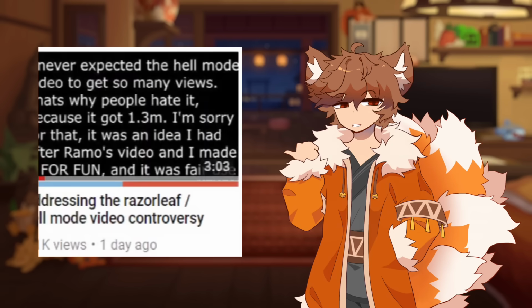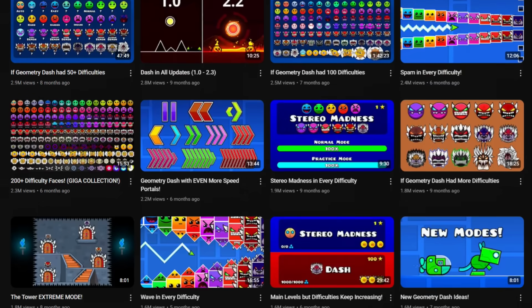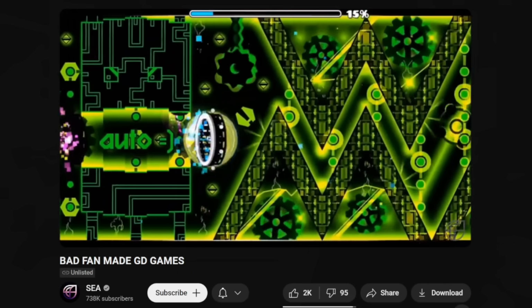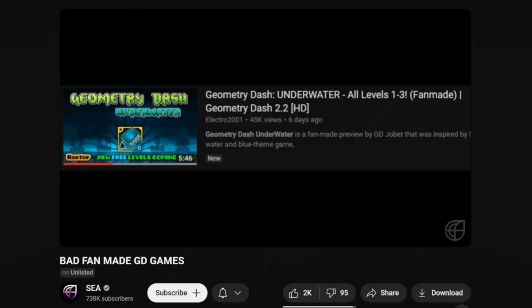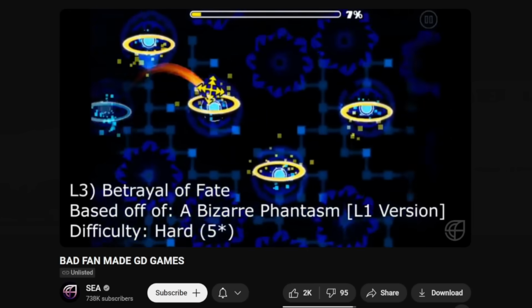And you know what? The fact that they showed remorse already puts them above most GD slop channels nowadays, so maybe we were too harsh. In the meantime, other YouTubers began to realize that instead of ranting and spreading hate, they could just fight fire with fire. For example, a YouTuber named Electro released Geometry Dash Underwater, which is a parody of the Razorleaf video